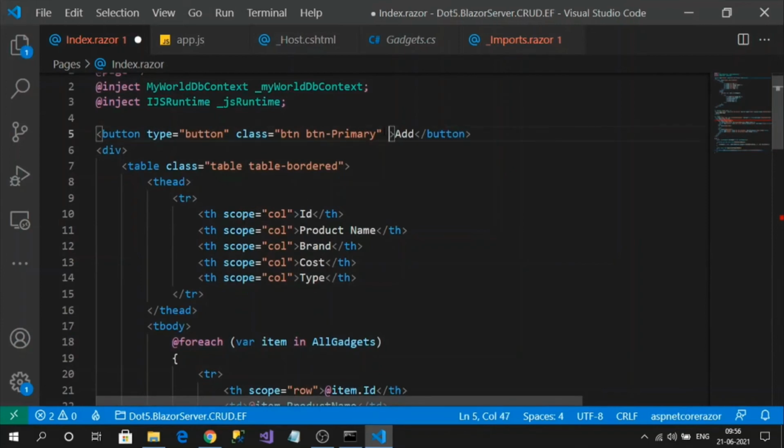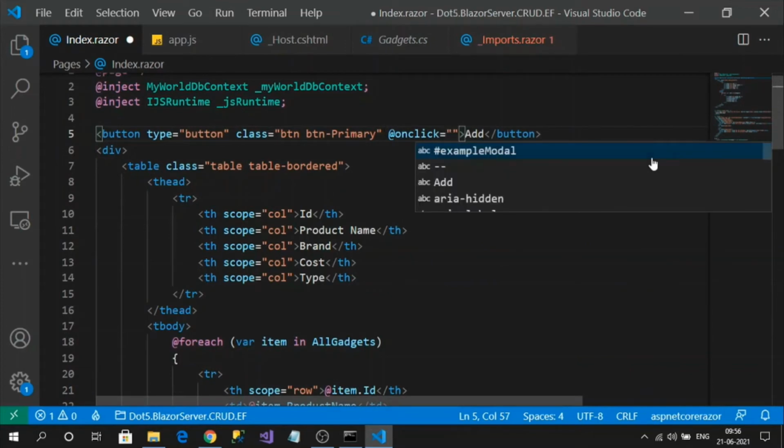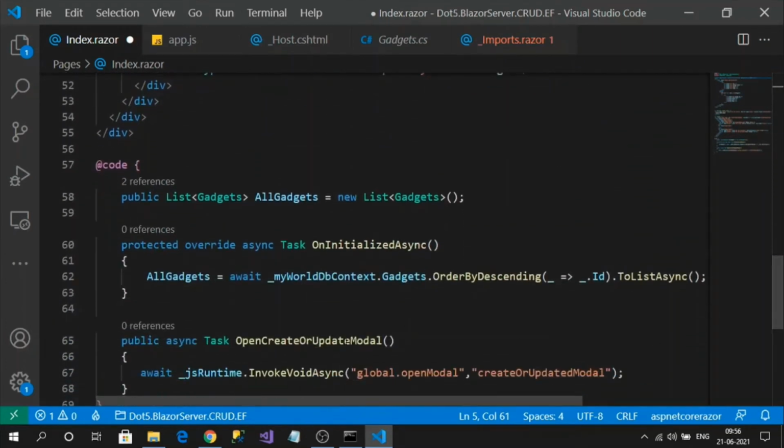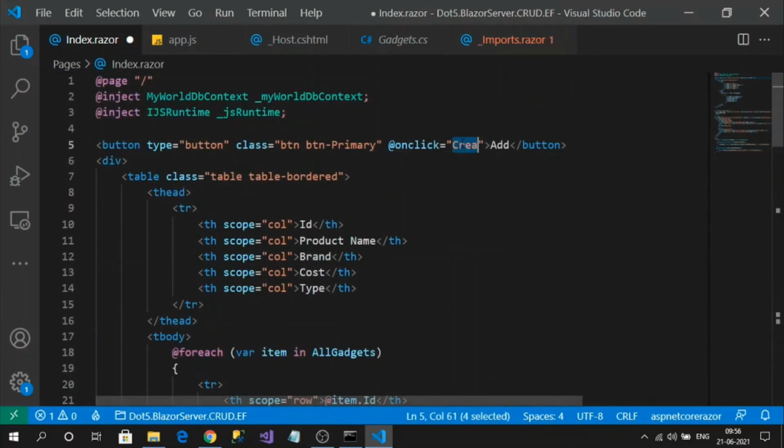In Blazor Server, the click event is @onclick, and I can pass my method name. What is my method name? OpenCreateModal. So let's test whether the modal is opening or not.